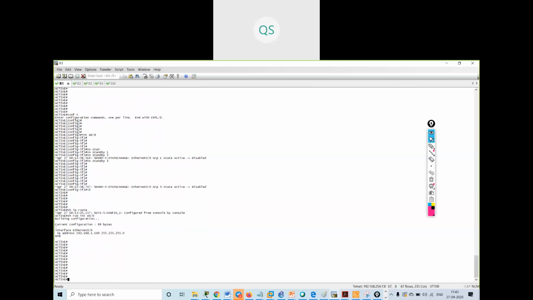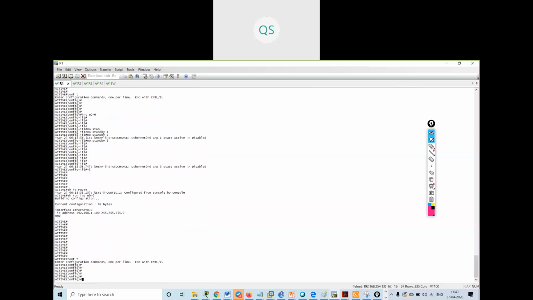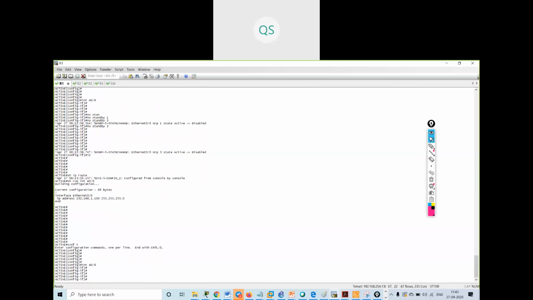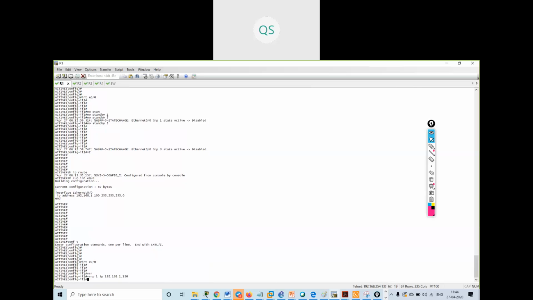I will go into configuration mode, then interface E0/0. The configurations are the same, just it will start with VRRP, then the group number, then the IP address 192.168.1.150. This will be the IP address that I will be using.